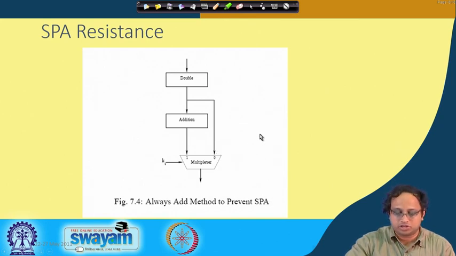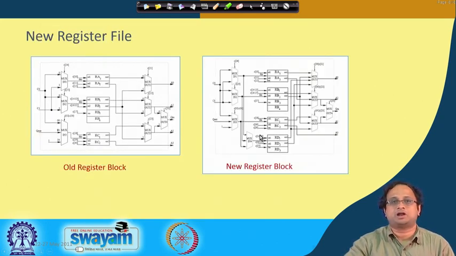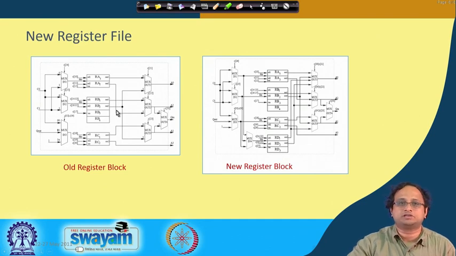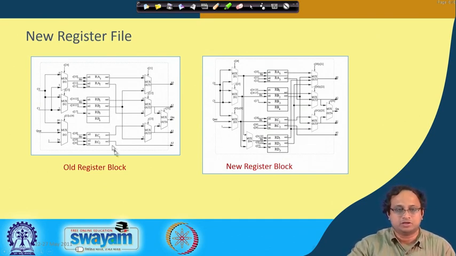So now let us look back at our architecture. This was our original old register block that we designed. In order to make this modification, we have to change this data path. Remember that we had 3 register banks. Along with these 3 register banks, we add an additional register bank. You can see that now there are 4 register banks. This register bank is basically storing the result after the doubling operation. So whatever is coming after the doubling operation, I am storing in a temporary register file.